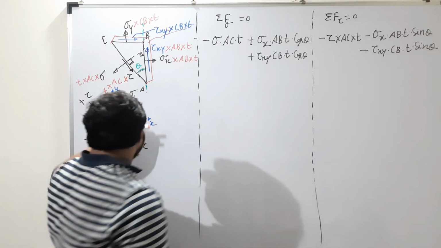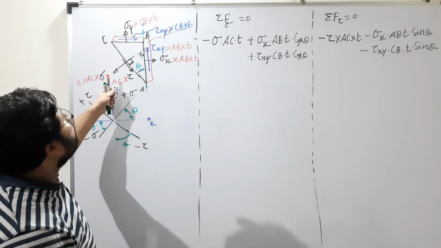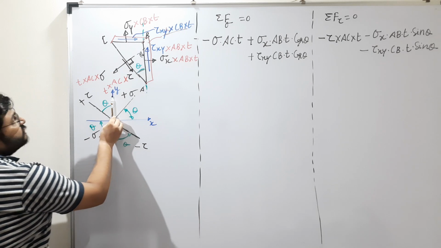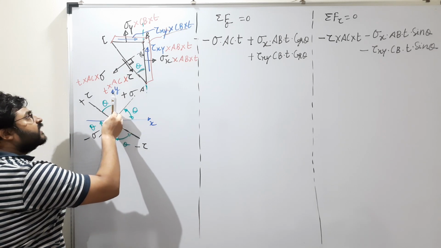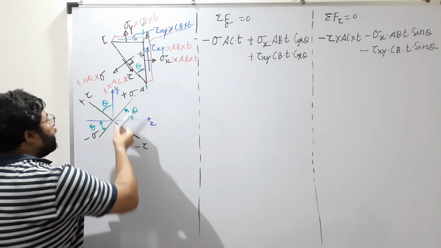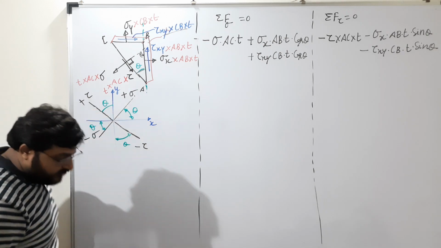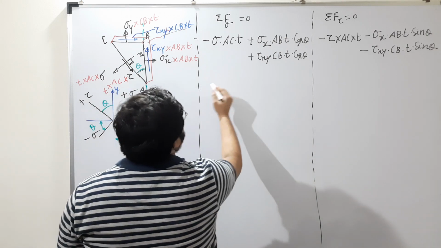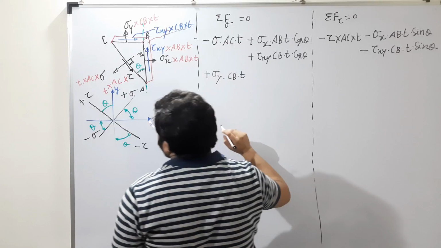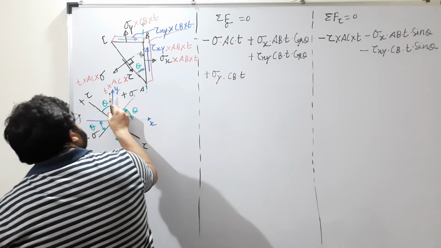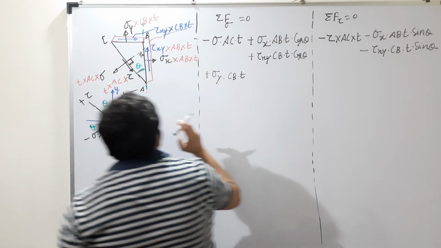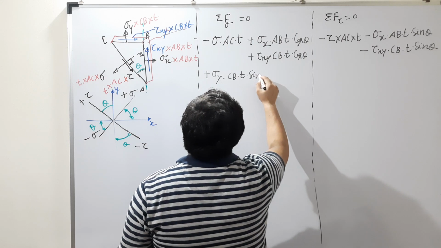Now if this we have got cos theta, so other component will be sin theta for sure, but anyway we will check that. Now this sigma y, so sigma y is acting in this direction, so it means if you take components of it, so along positive tau you will get cos component of this sigma y, along positive sigma you will get sin component of sigma y. So we will write now plus sigma y, not x, sigma y. And if we are looking for sigma, so look at this, this is sigma y into CB into t, and in this direction this is positive and sine component. Write this into sine of theta.